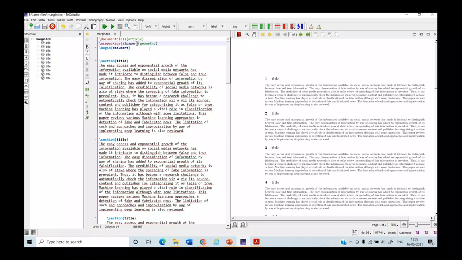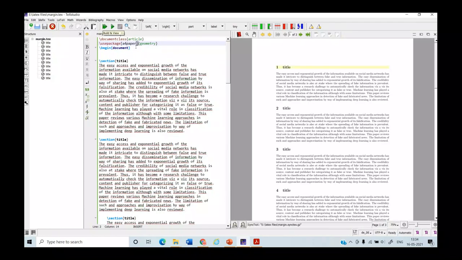Okay, so now let us see margins. Next to A3 paper, I am going to write A4, that is by default. Okay, A4 here. We will write margin.